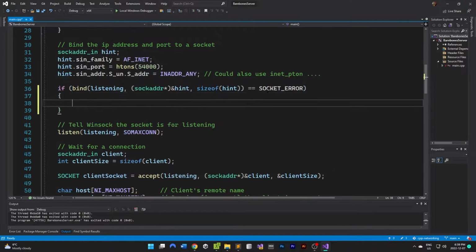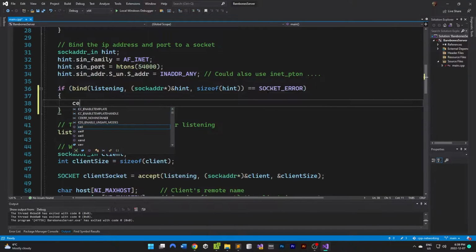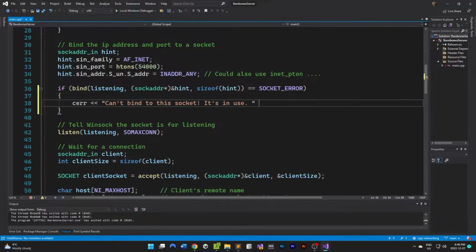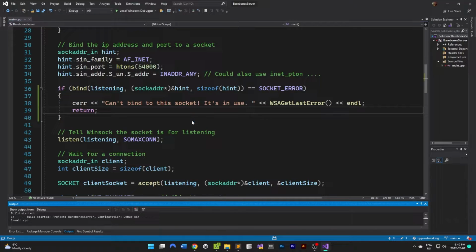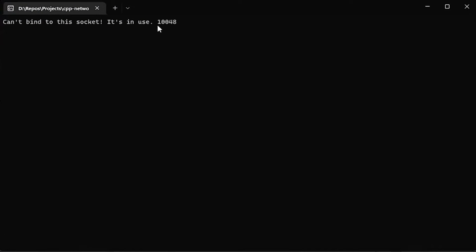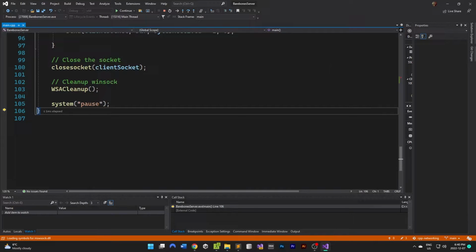I usually tell people to just use WSAGetLastError, but that gives you an error code that you have to look up. We can easily wrap the bind call in an if check and output to the console, but we're really just guessing what the contents of WSAGetLastError means. Instead, let's add a function that you can use to give you a description of what went wrong.